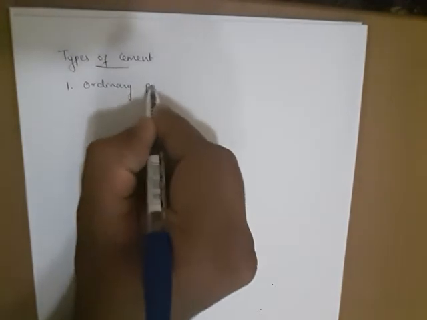We can get different types of cement, which are classified according to the strength of the cement, workability of the cement, color of the cement, and uses of the cement, and mainly it is classified based on the components and different proportions of the components within the cement. First type of cement is ordinary Portland cement,